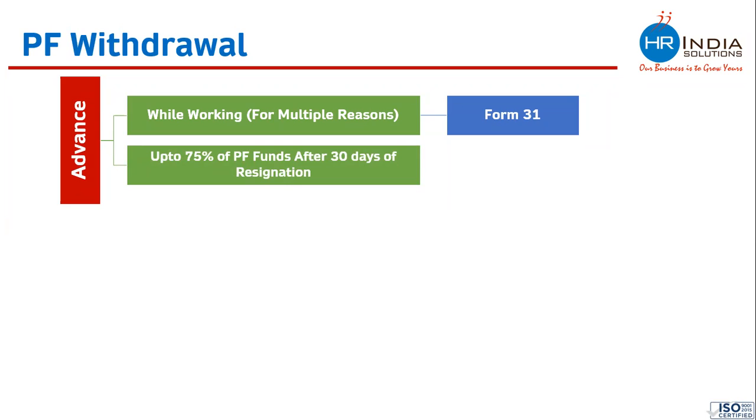Normally, in the normal case, employees are allowed to apply for Provident Fund money only after 60 days from the date of exit. Once you have left the services, post 60 days, you are allowed to apply for Provident Fund. But if you are in need, you can apply after 30 days also, but you will get only 75% of the total PF fund which is there.